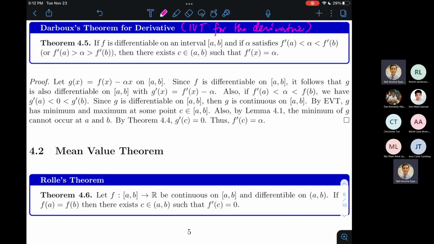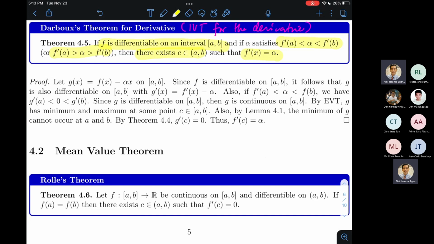Okay. Now, what are the assumptions here? We'll consider a function f that is differentiable on the closed interval AB. Now, if alpha is a number between f prime of a and f prime of b, okay, or pwede rin naman yung pakabila, you will have an analogous proof, then there exists a number c on the open interval AB such that f prime of c is equal to alpha. Okay? So halos kamukha na to